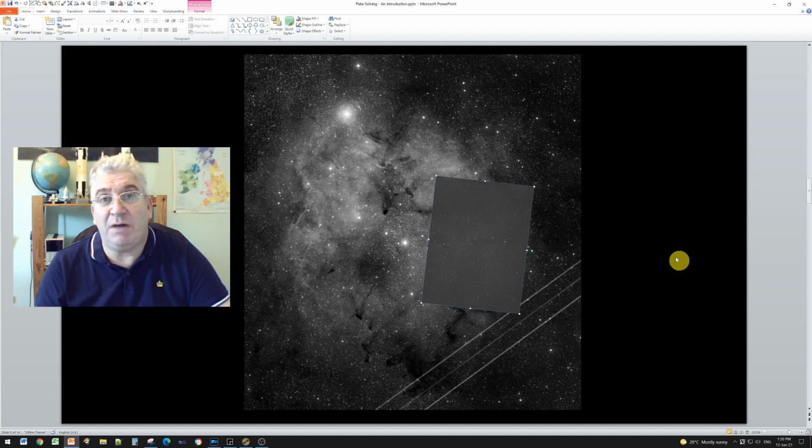Now there are two types of plate solving that the computers can perform. The first, if you like, is a sort of standard plate solve, where you don't just provide the image, but you also provide an approximate location in the night sky, so the computer knows where to start searching, and also you provide the scale of your image, typically in arc seconds per pixel, and that also helps the computer